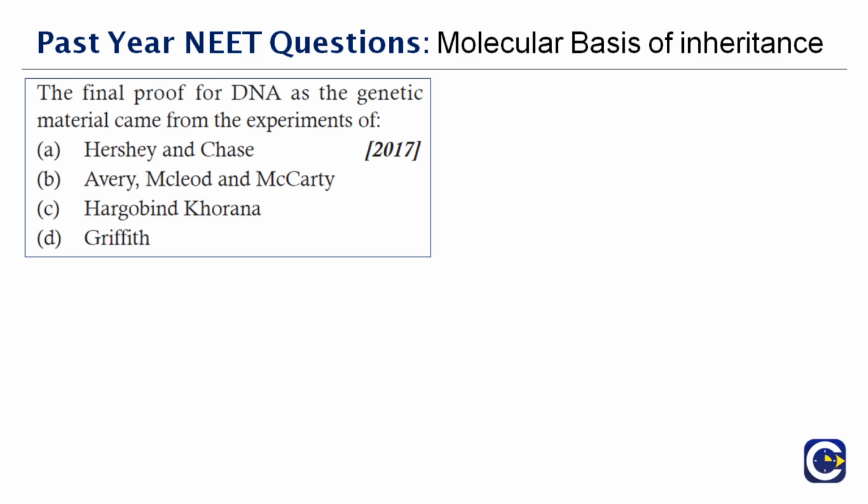The final proof for DNA as a genetic material came from the experiments of Dash. So who carried out the experiment and proved that DNA is a genetic material? What is the full form of DNA? It stands for deoxyribonucleic acid, and that is the genetic material which is inherited from generation to generation, and it's a code, right? It has genes in it. So this was proved by